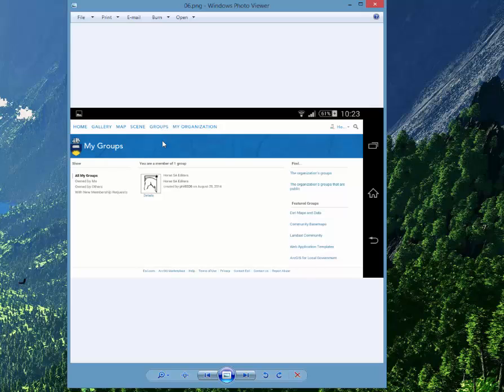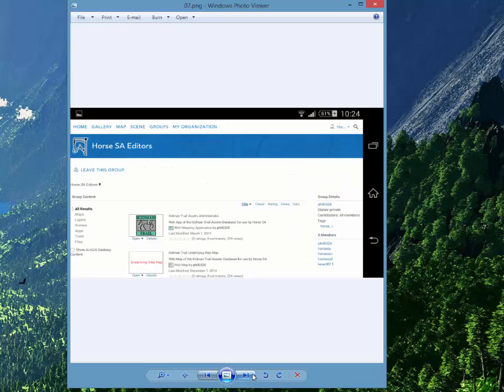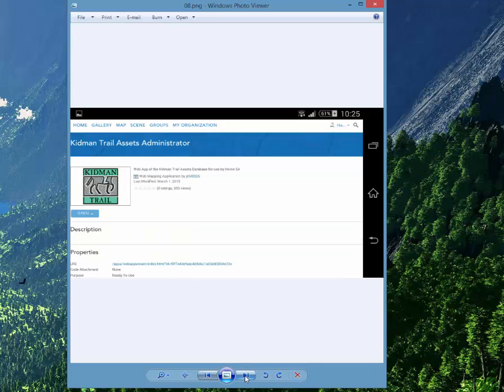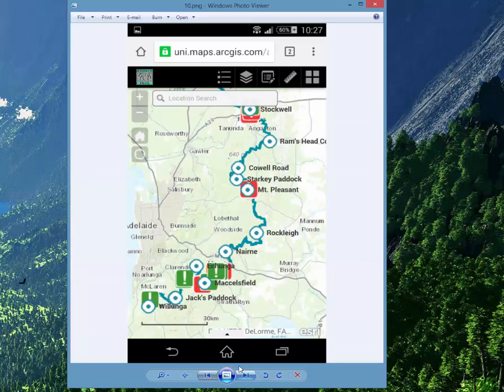Once you press the Groups tab, it takes you to this page again, just like on the computer. Click on HorseSA, or press HorseSA Editors, and it'll take you to this page, and you press the Kidman Trail Assets Administrator, and that will take you to this page, and then you just hit Open, and you'll see the web app comes up with all the same functionality as it did on the computer, but